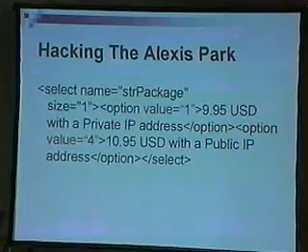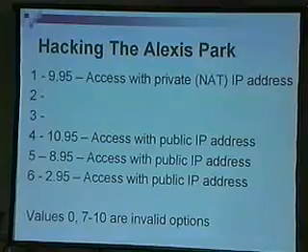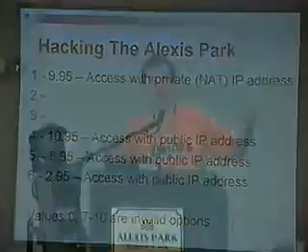So I started playing around with the values to see what happens if I submit other values. I only got a little bit through it because as it starts to charge you, you can't really go through and find the other ones and know if it really works. But this is what I found out. 2 and 3 can be homework for you guys. But if you go through option 6, you only pay $2.95.